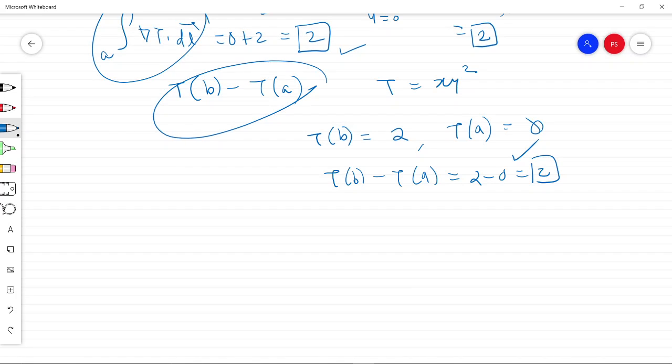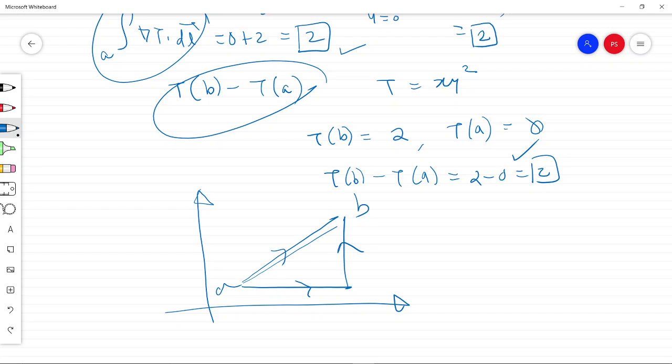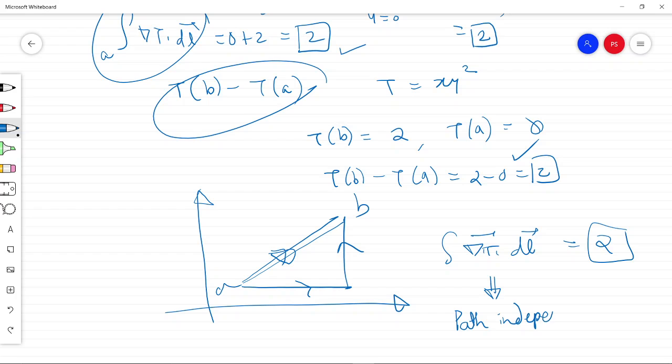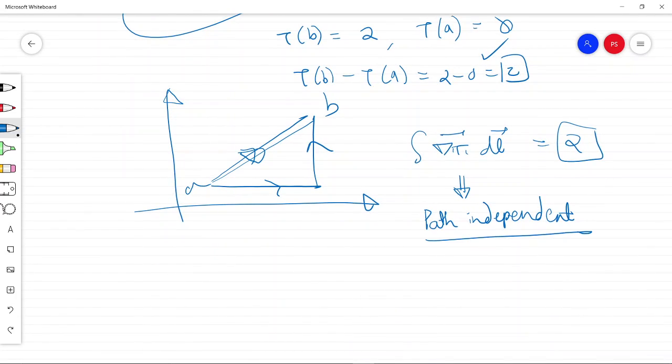Now there is another corollary to this theorem. Instead of moving like this, we could have also moved from A to B in this direct straight line path, and we could have calculated and shown that the integral in that case as well would have been equal to 2. It is the same thing. So we see that this integral is path independent. Further, since this is path independent, we can choose any path and it will have the same integral